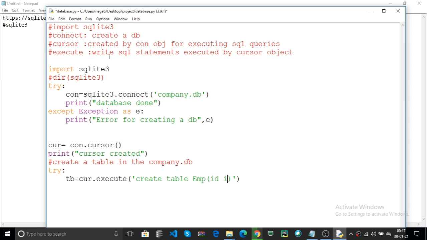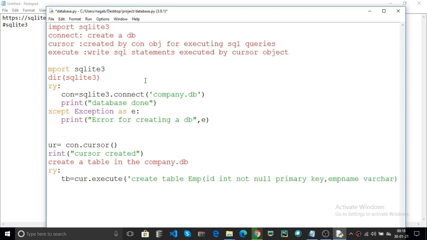ID, integer, along with NOT NULL PRIMARY KEY. Any type of SQL is supported. After ID, emp name. Here I pass, for example, varchar.